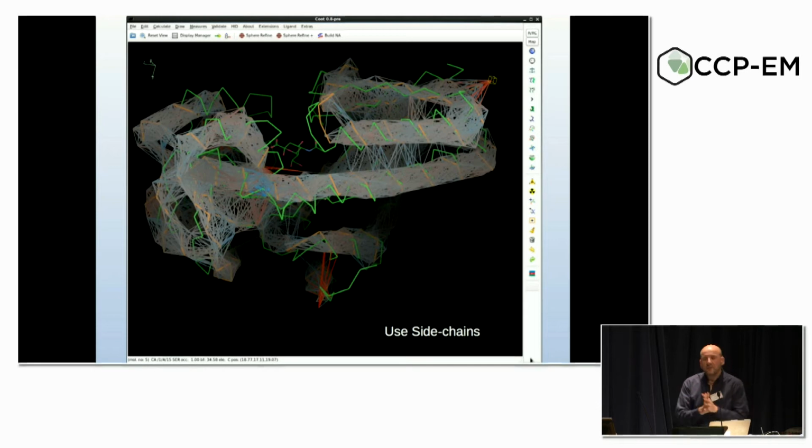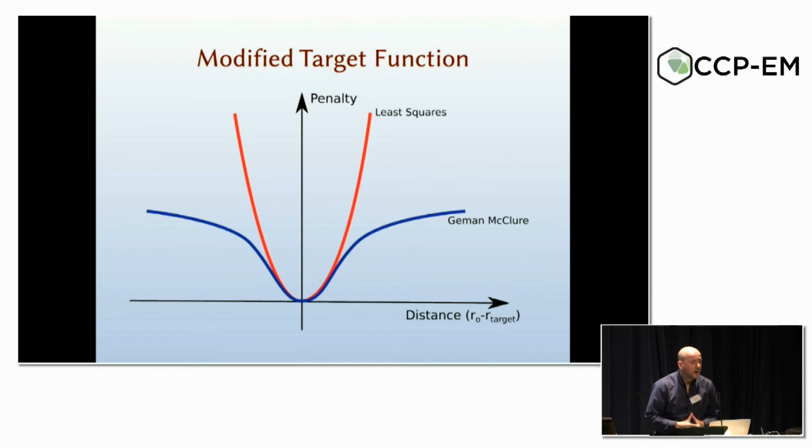So very typically, one would use sidechains as well. So this is illustrating with just a backbone trace. One uses sidechains as well to have additional stabilization information routinely these days. Okay, so the target function is modified from the typical least squares or harmonic restraints that Coot uses pretty much